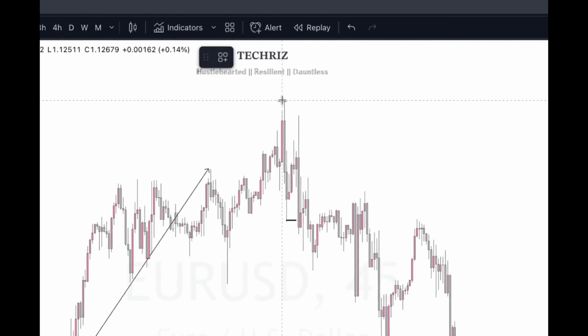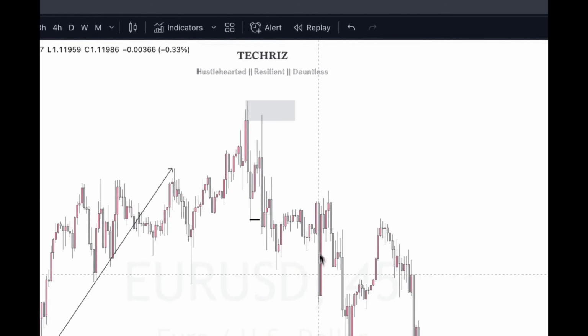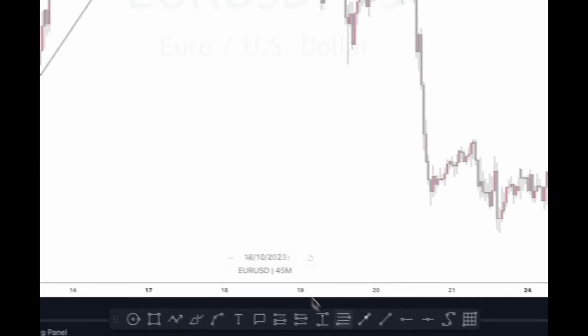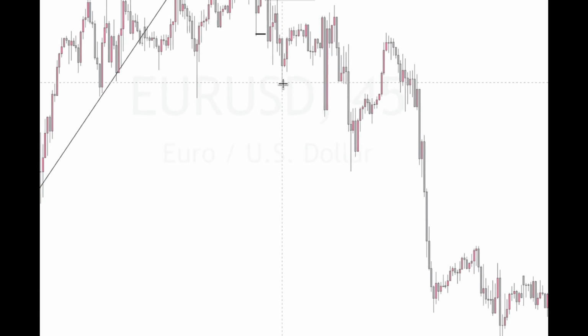Where should we actually place our other blocks from? Market has actually mitigated this level. If you go down the lower time frame, you're going to see that's the level. Now market has also mitigated this particular level, so it's kind of like invalid to us. Now market also, this particular zone,